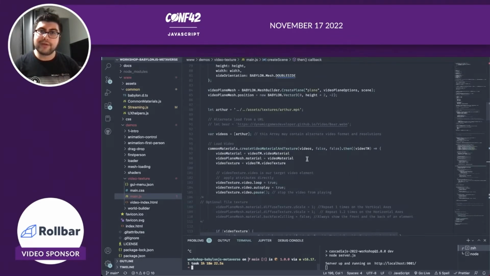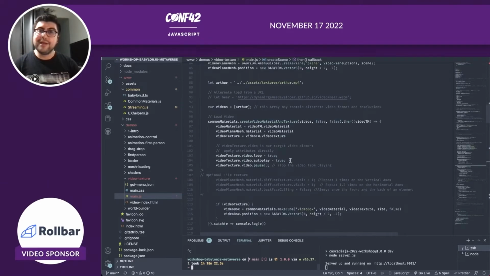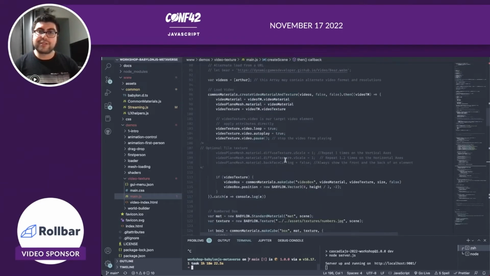helper functions over here. So we're creating a video material and texture as the function over here, and then we're placing it directly on side of that video object that we have, determining if we want it to loop, if we want it to autoplay, and then also adding pause functions directly on there so that it doesn't just play immediately as we go on there. We just have it playing when we want to play it by clicking the button itself. A lot of this is additional helper functions so that you can see it all happen all together